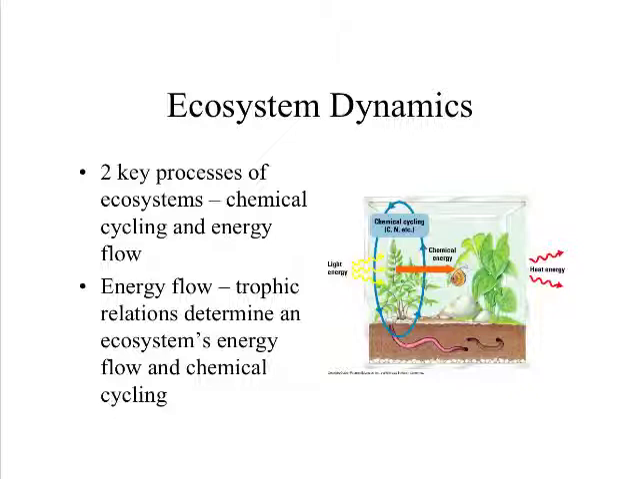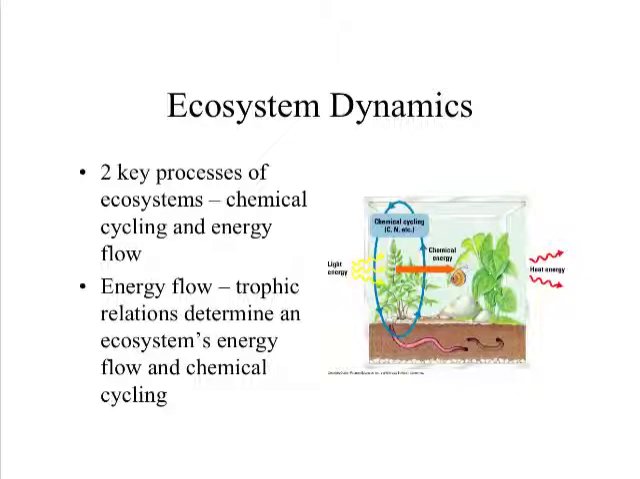Okay, we are going to finish up our study of ecology by taking a look at the ecosystem level of ecology. If we take a look at individuals in a population, populations in a community, and communities in big ecosystems, there's basically two key processes of ecosystems: chemical cycling and energy flow. Energy flow is basically the trophic relationships that determine an ecosystem's energy flow and chemical cycling. So it's basically what gets eaten by what in order to recycle the carbon, nitrogen, phosphorus, and all those other